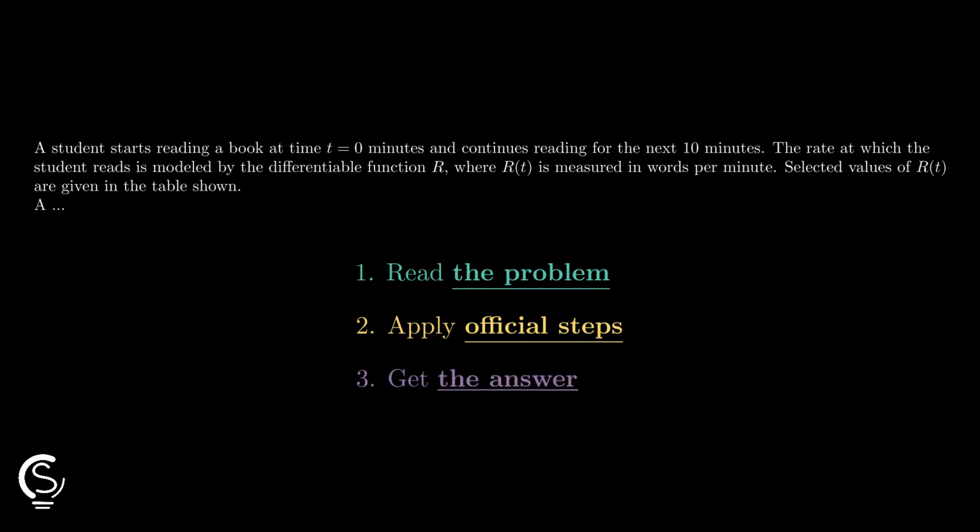Let's go! For part A, the approximation of r prime of 1 is found using the average rate of change over 0 to 2, r of 2 minus r